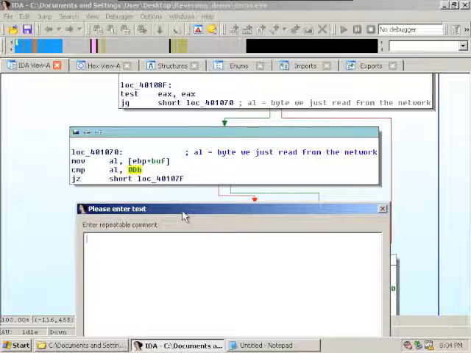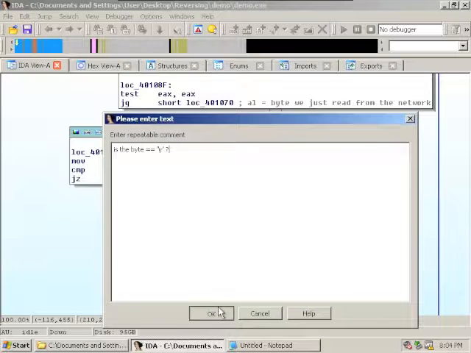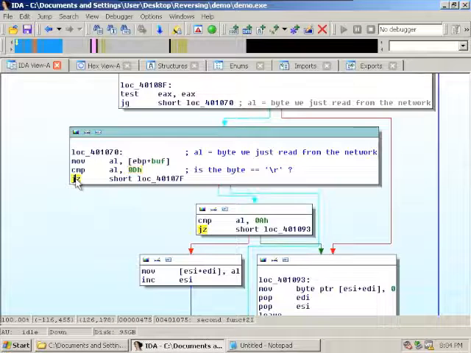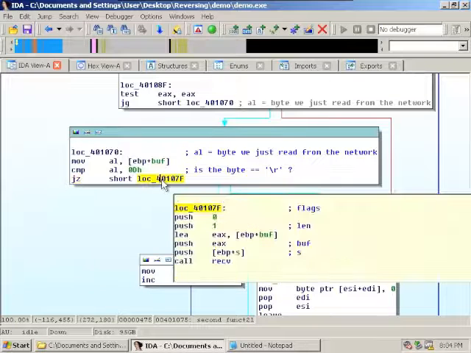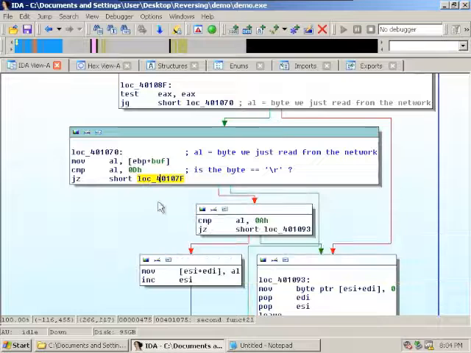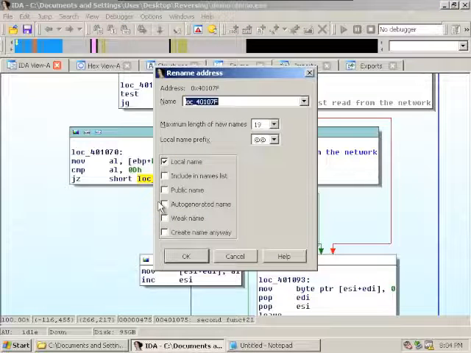So then the comment for this would be, is the byte equal to line feed? And then this conditional jump here jumps if they're equal. So byte is